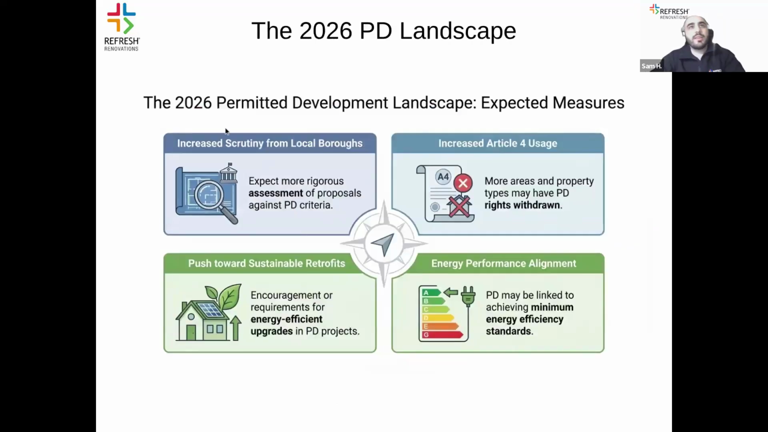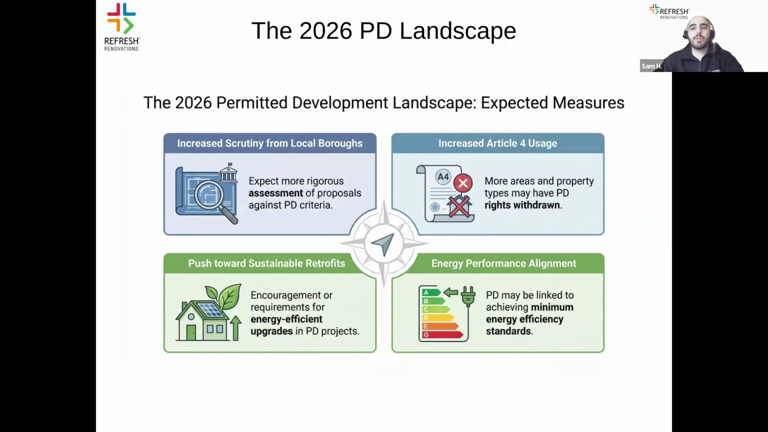What are the expectations for 2026 in terms of permitted development? That will be in line with what we saw in 2025 last year. In addition to that, we're going to be expecting that the levels of scrutiny of permitted development proposals will increase within the local boroughs. Number two would be the increased usage of Article 4 directions across London, which has become